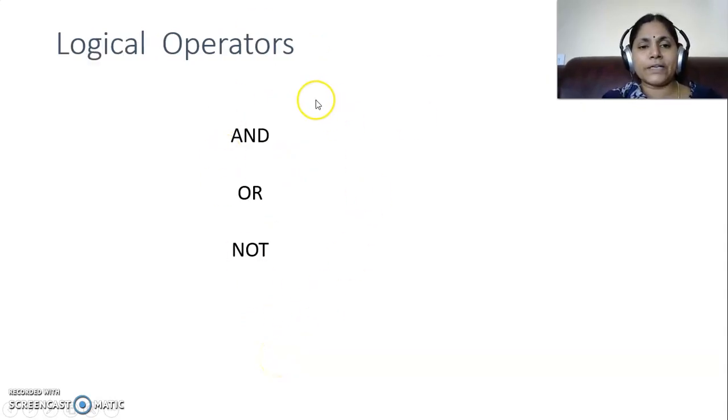Next are logical operators: and, or, not. These are the Boolean operators which we are familiar with from digital logic and design, and in C programming also we have come across them. The syntax may vary, but concept-wise they are all the same.